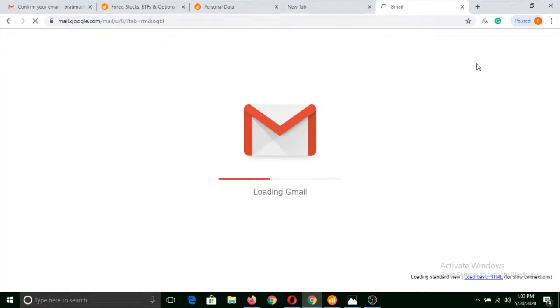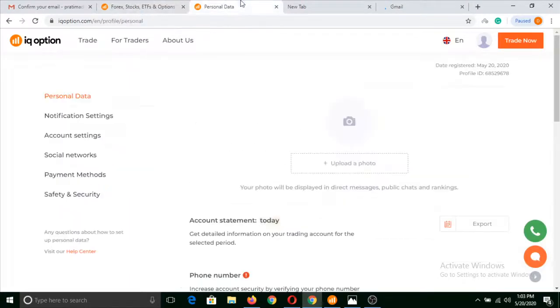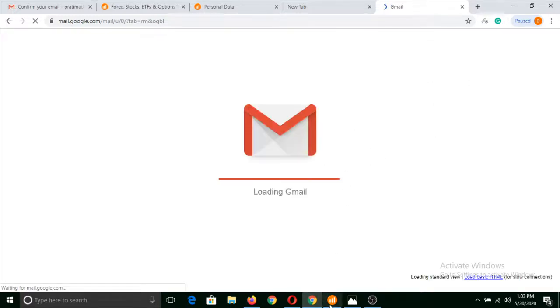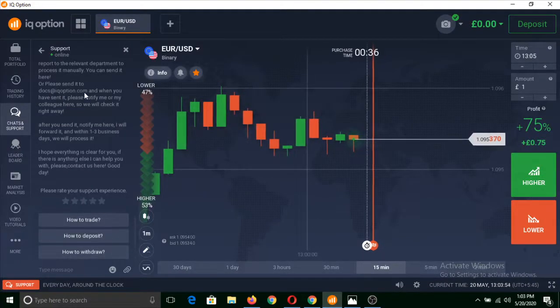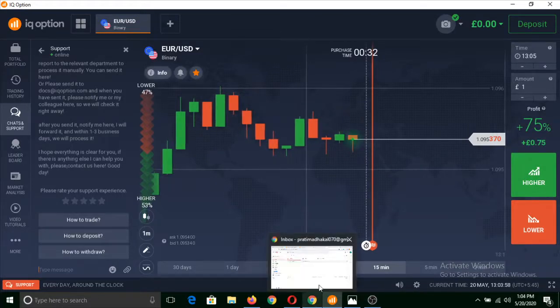Now this is a very easy process to verify, because if you just click on all of these things and start to fill in here, it would be hard for you as a new user on IQOption. So it is a simple process to directly message support, get the instructions and their email address, and send them the documents instantly.